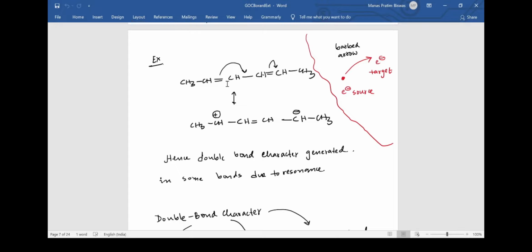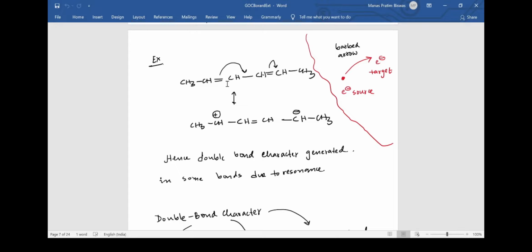So we are having two perpendicular axes to the x axis, that is the y and the z. So we can say that two pi bonds are possible if the sigma bond is along the x-axis. The other two probable directions for the pi bond would be y-axis and z-axis. So in this case, I'm not specifying any axis, but what I'm trying to make clear is that the pi bond is perpendicular to the sigma bond.